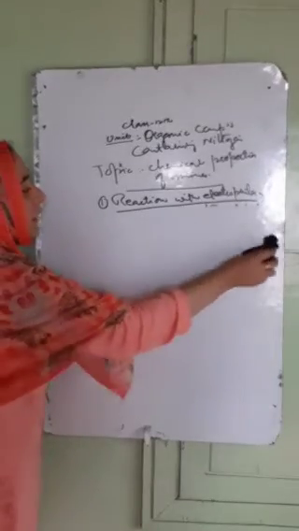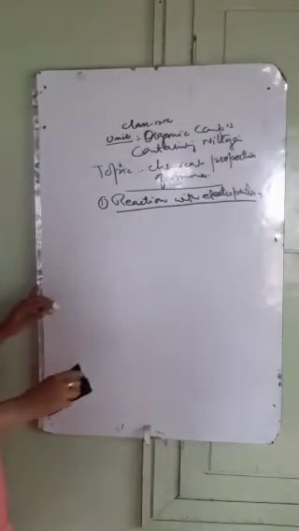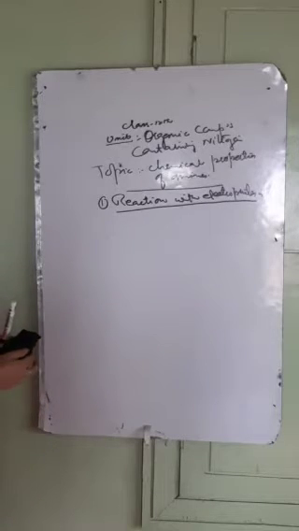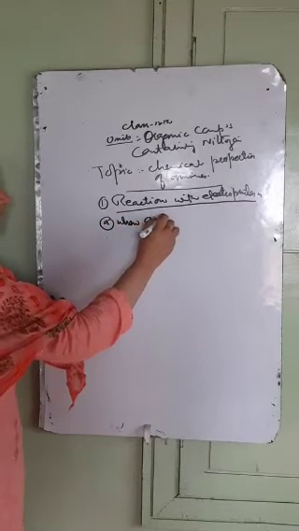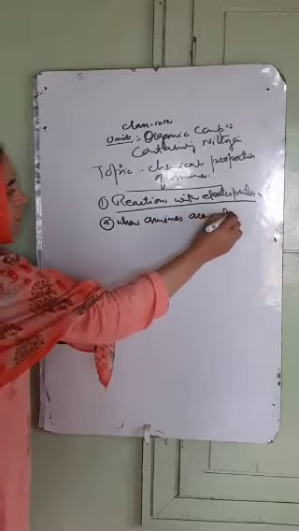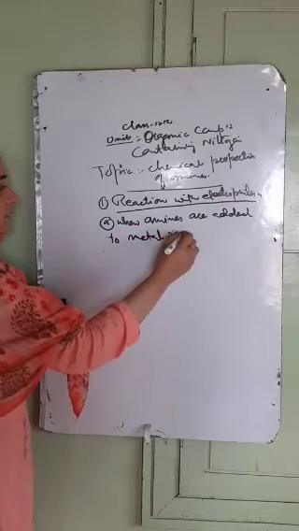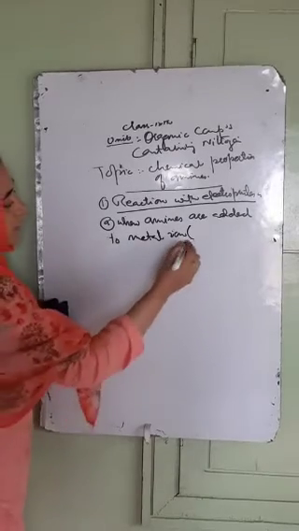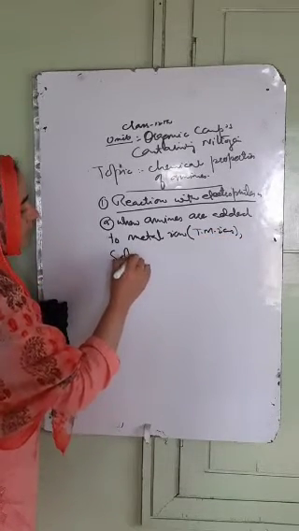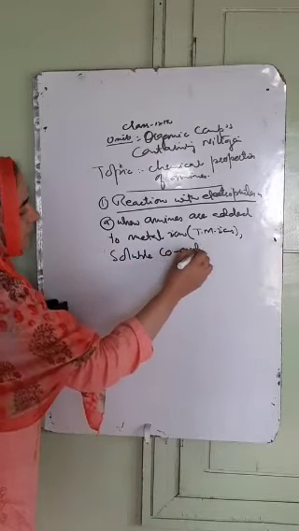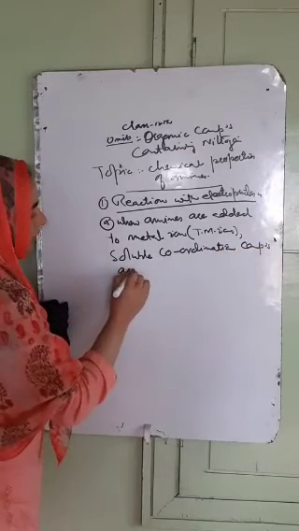When amines are added to metal ions, mostly the transition metal ions, salts of the transition metal ions, soluble coordination compounds are formed। Number A, when amines are added to metal ions, in bracket we will write that is the coordinate these transition metal ions, soluble coordination compounds are formed।